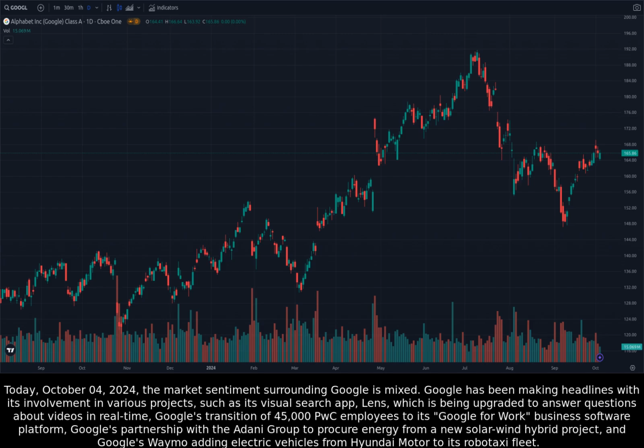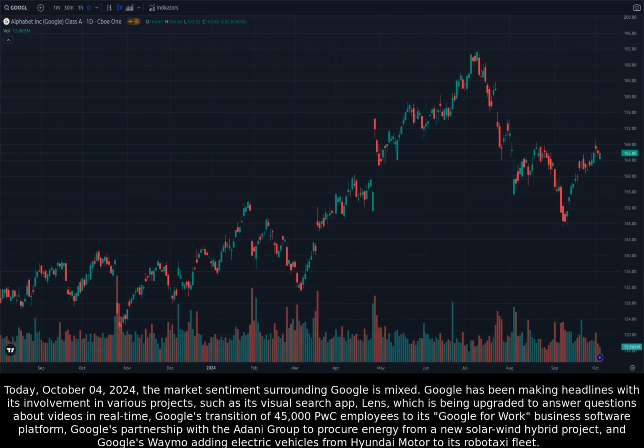Google has been making headlines with its involvement in various projects, such as its visual search app, Lens, which is being upgraded to answer questions about videos in real time. Google's transition of 45,000 PwC employees to its Google for Work business software platform, Google's partnership with the Adani Group to procure energy from a new solar-wind hybrid project, and Google's Waymo adding electric vehicles from Hyundai Motor to its